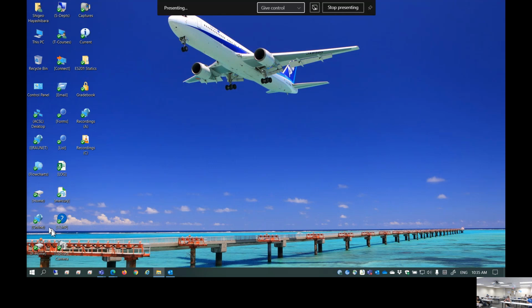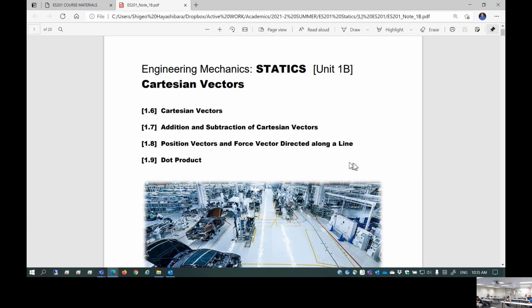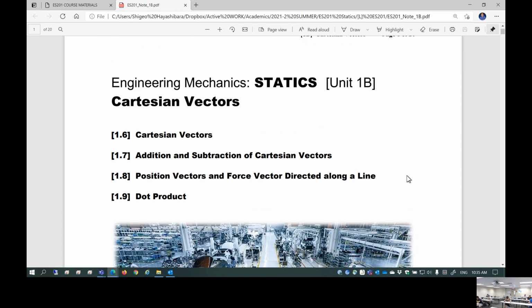So today I'm going to take a look at a few things. Let's start with Unit 1B. Of course, this immediately follows Unit 1A. We talked about introduction to engineering mechanics, engineering units, and then vector analysis. So now we are going to continue on vector analysis, and then we are going to focus on something called